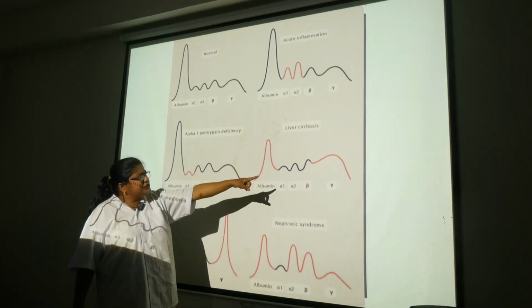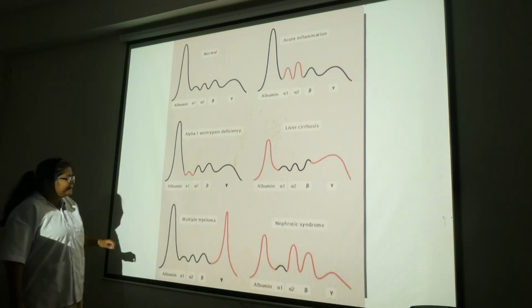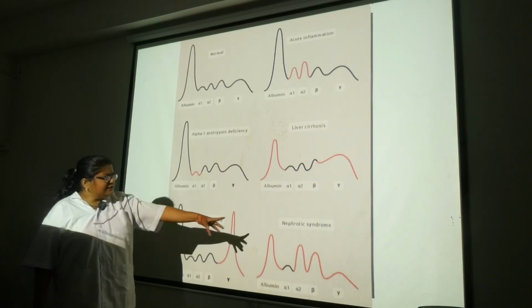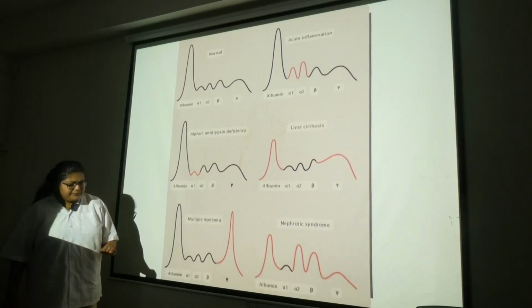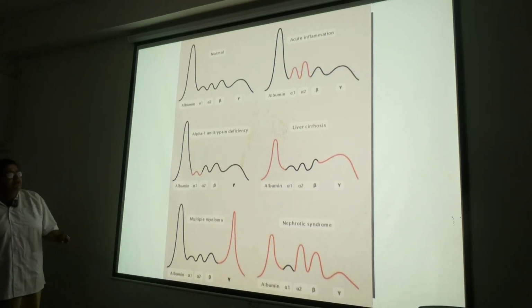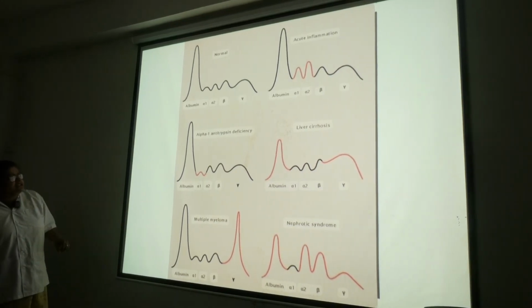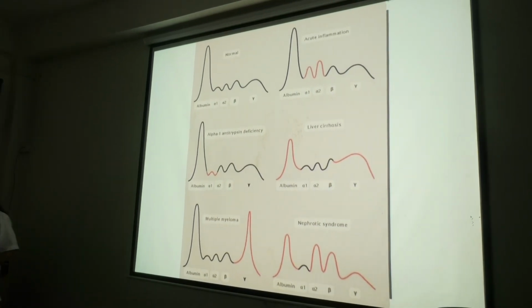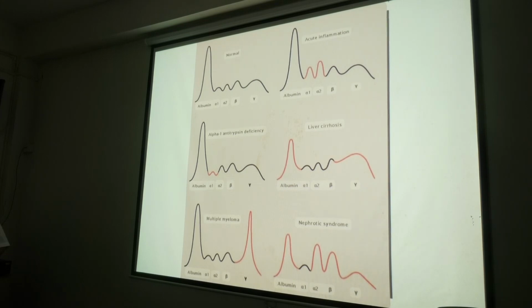This is the liver cirrhosis patient pattern. This is the multiple myeloma patient's serum electrophoresis pattern, and this is the nephrotic syndrome pattern. Multiple myeloma is very common, and it can be asked in examination also. What kind of band will you find in serum electrophoresis of a multiple myeloma patient, and what is the normal